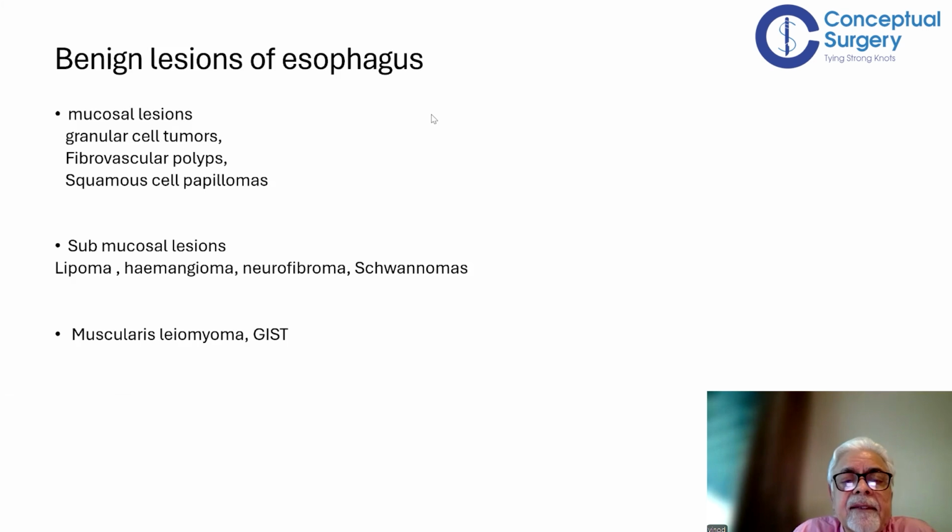Leiomyomas and GIST are two different tumors, and they can be categorized on the basis of molecular markers. And I'm sure GIST must have been discussed with you in greater detail, so I don't need to pick up those various molecular markers which are seen in GIST. But suffice it to say that GIST is less common in the esophagus than it is elsewhere in the